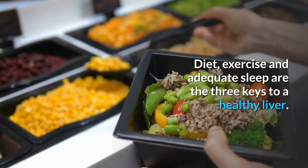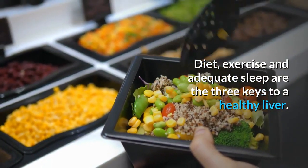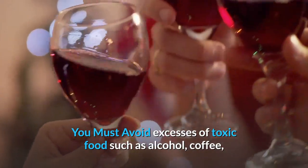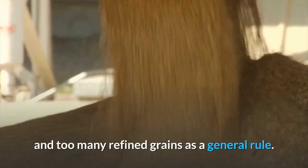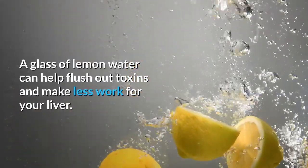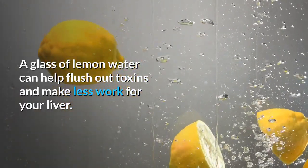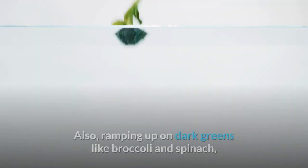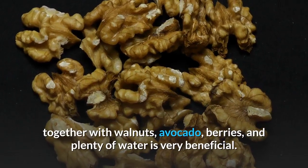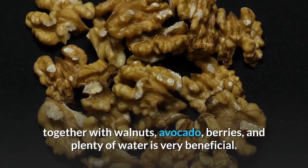Diet, exercise and adequate sleep are the 3 keys to a healthy liver. You must avoid excesses of toxic foods such as alcohol, coffee, and too many refined grains as a general rule. A glass of lemon water can help flush out toxins and make less work for your liver. Also, ramping up on dark greens like broccoli and spinach, together with walnuts, avocado, berries, and plenty of water is